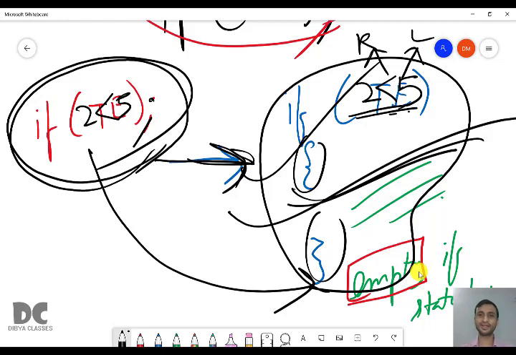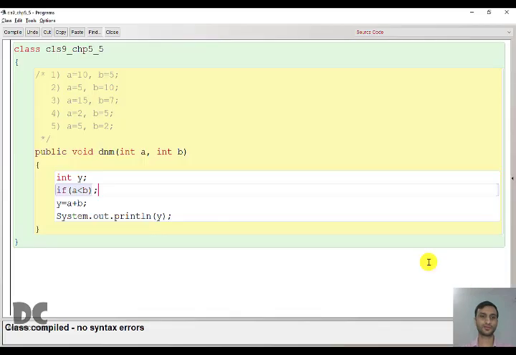You will only get this in output questions. You are not going to write programs which have empty if statements. Okay, understood? So here, even if this is true, nothing is going to happen. And if it is false, obviously nothing is going to happen because this is already false. If it is true also, nothing is going to happen. So what is the statement? You can say this is a useless statement. It is an empty if statement. It is useless. It is just there. It doesn't do any work.